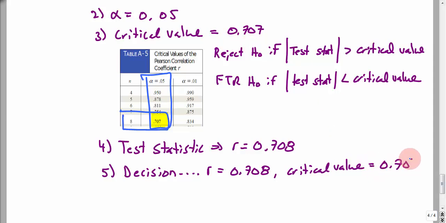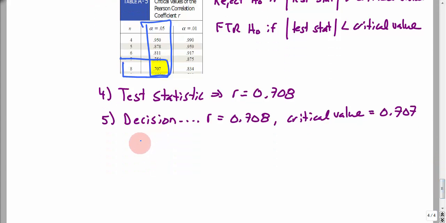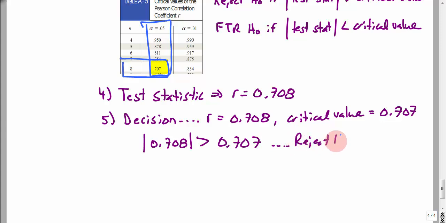Now these are really close. I really don't like that they're so close. So I look at the absolute value of 0.708, and I say, okay, that's larger than, not by much, 0.707. So what I would do here then is to reject H0. And then for my summary,